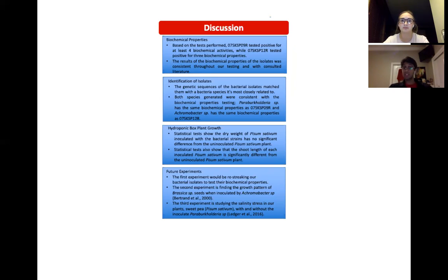Based on the statistical tests taken, the dry weight of the sweet pea inoculated with the bacterial strains has no significant difference from the uninoculated sweet pea plant. Statistical tests also show that the shoot length of each inoculated sweet pea is significantly different from the uninoculated sweet pea plant. We have a few ideas to extend our research, including restreaking our bacterial strains to reconfirm the biochemical